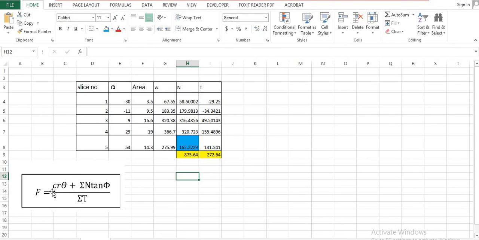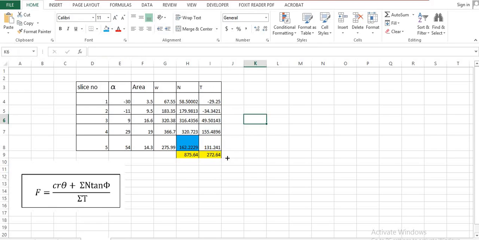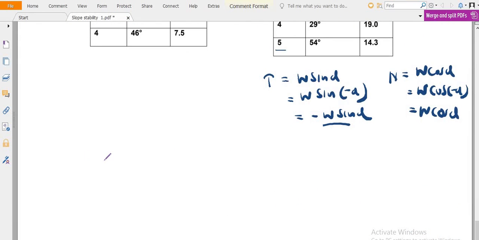Another thing is CR theta, they should again be applied separately. But sigma t, we know we get the sum, that is arithmetic sum. We get positive minus the negative, we get the summation of t forces in the direction of sliding. So let's calculate factor of safety now. So factor of safety we can write